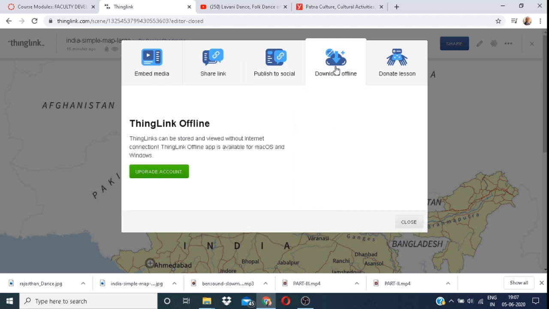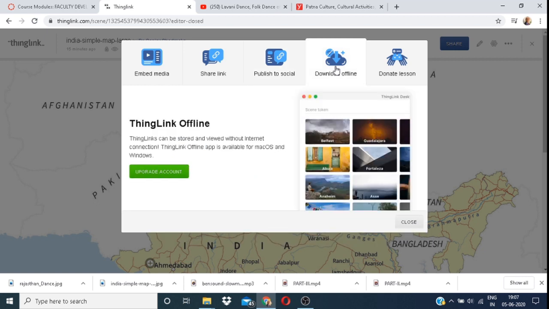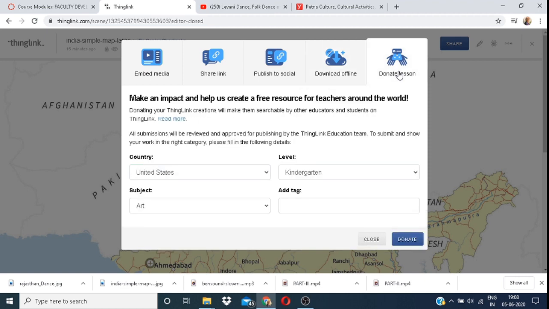You can download offline, but you need to upgrade your account. It is not a facility in the free account. You can donate this image to other websites also.